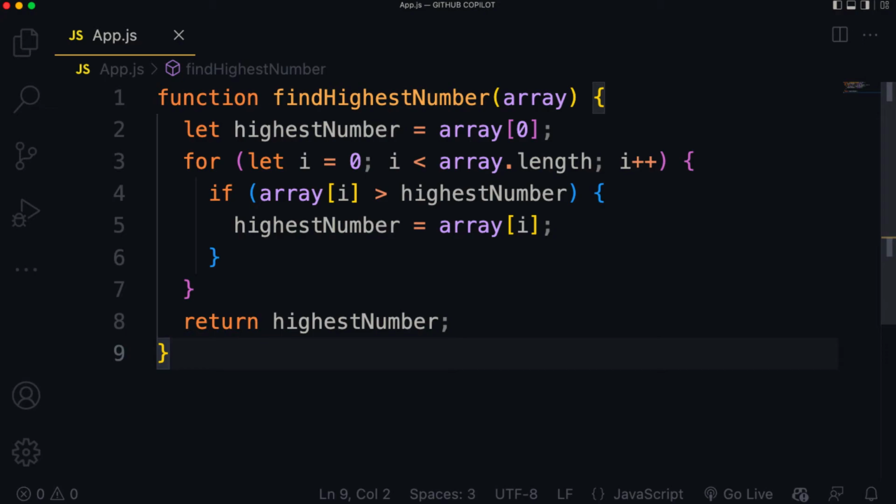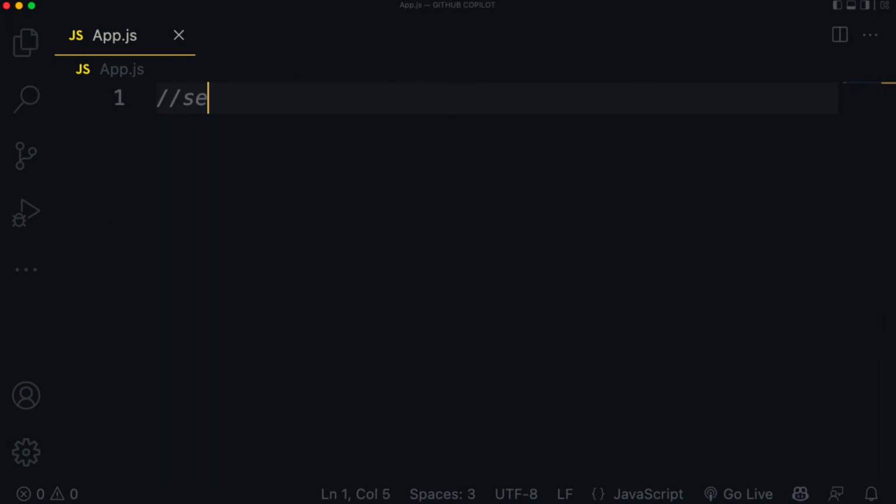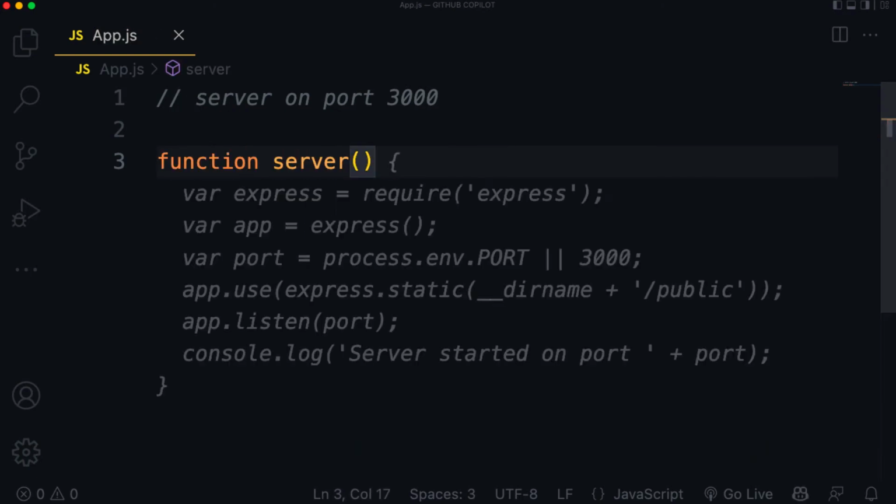Again, one of the cool things about Copilot is the suggestion of code from your comments. So let's create a comment stating we want Copilot to create a server for us on port 3000. Then after the comment, I will write the function name below, which is function server. This is awesome, right? As you can see, Copilot has suggested the code to write a server at